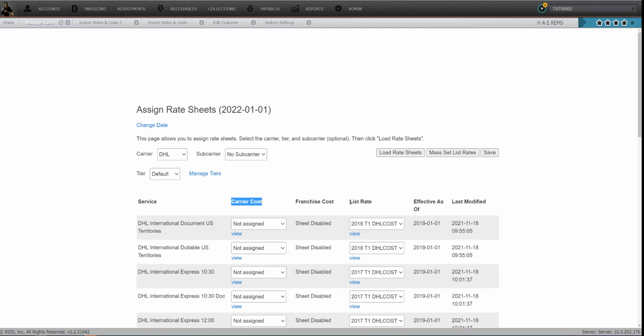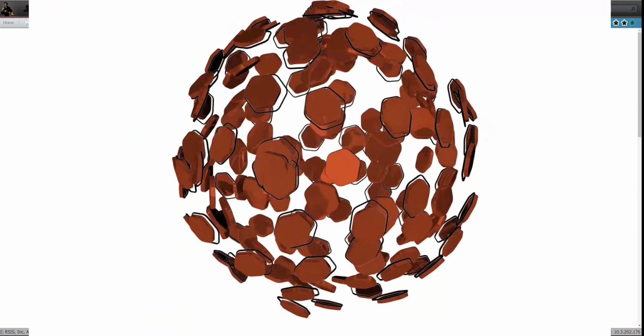And that is the basic overview. Hopefully the terminology makes sense and everything. I'll now go into the next video, which will be importing rate sheets using the current